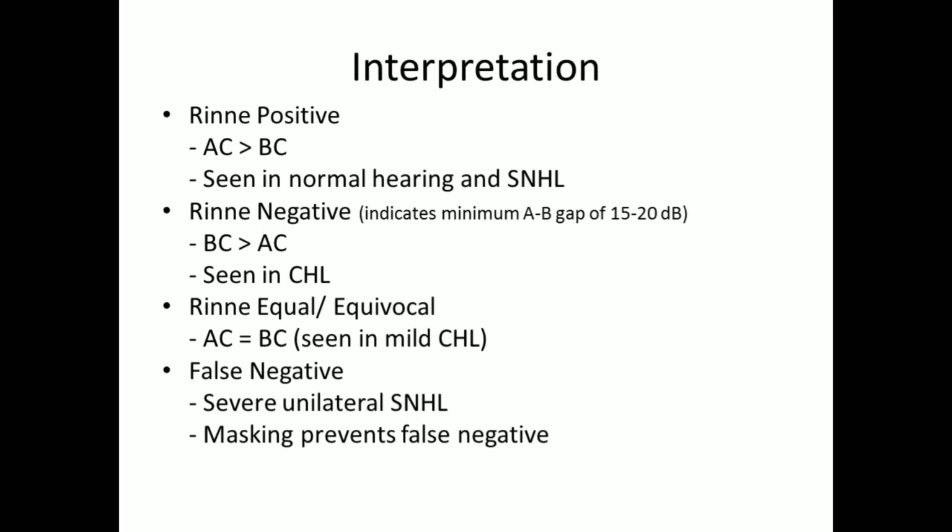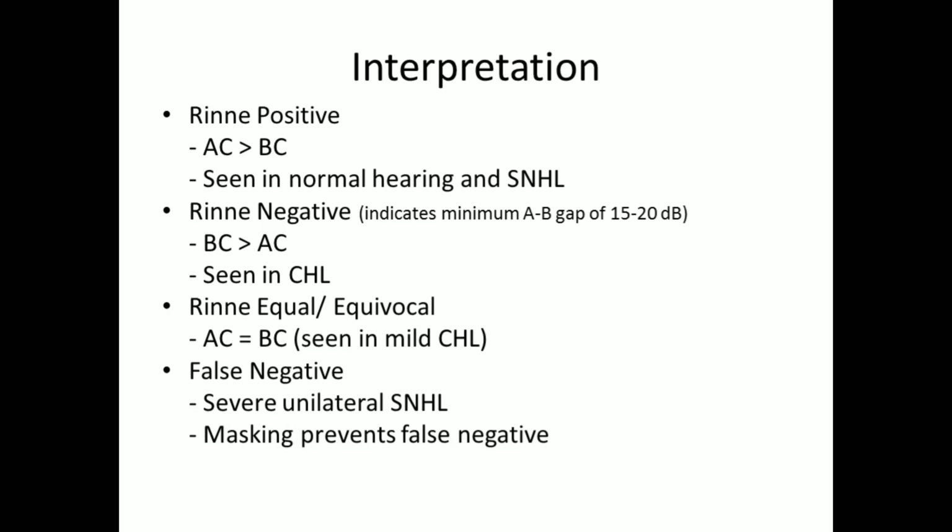So as I told you, in sensorineural hearing loss there should be Rinne positive. But if it is severe unilateral sensorineural hearing loss, then the Rinne will be negative on that side. It means bone conduction will be better than air conduction. But the catch here is that the patient is actually hearing from the opposite ear, and that is why the bone conduction comes better than air conduction. So the patient has severe sensorineural hearing loss, and still Rinne is negative because actually the patient is hearing from the opposite ear, which is normal.